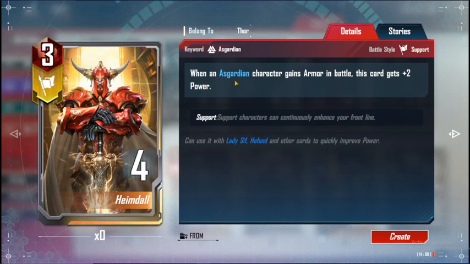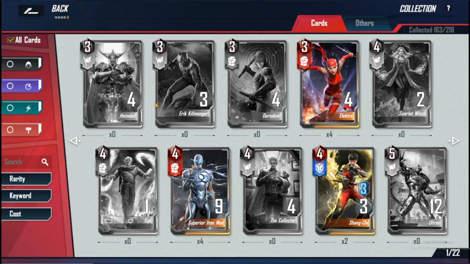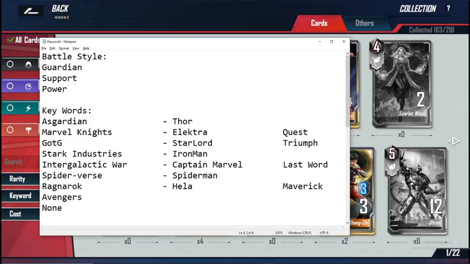Let's say in this case it says here, when an Asgardian character gains armor, this card gets +2. So it means that it doesn't limit to just Heimdall. If you have other cards that also have this keyword, this ability will trigger. I've already listed here a few, so you can just pause the video and then you can